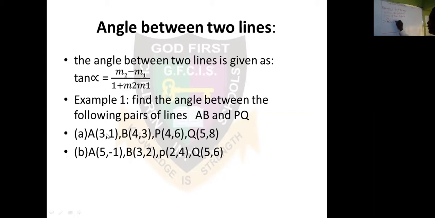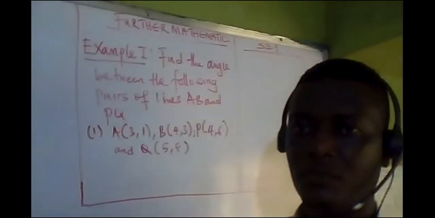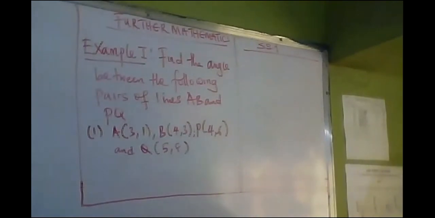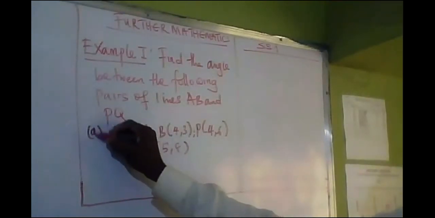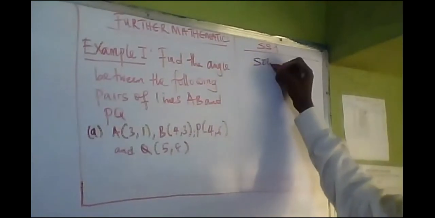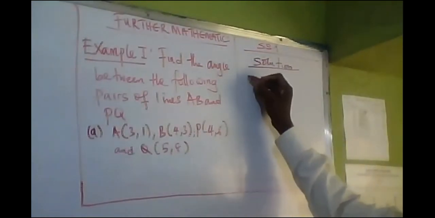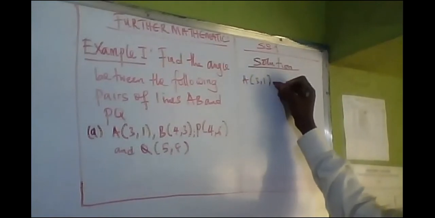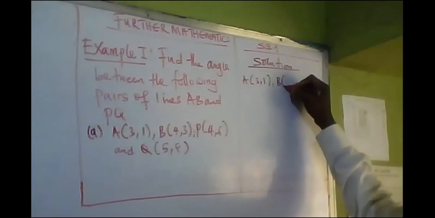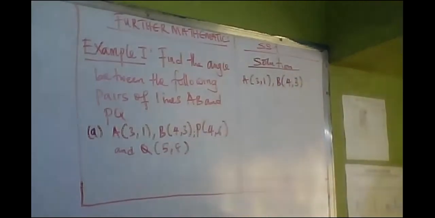A is (3, 1), B is (4, 3), P is (4, 6), and Q is (5, 8). So let's go through this. Our solution is, we write out the coordinates A (3, 1), B (4, 3). If you want to find the angle between this pair of points, we need to